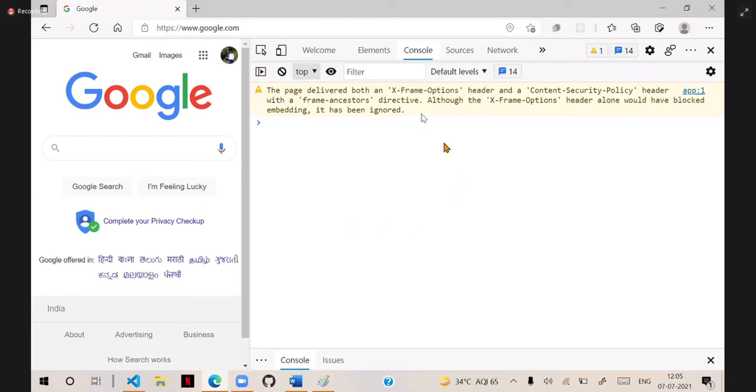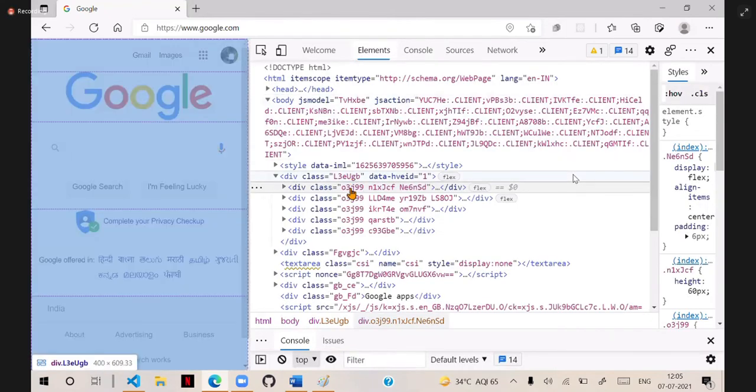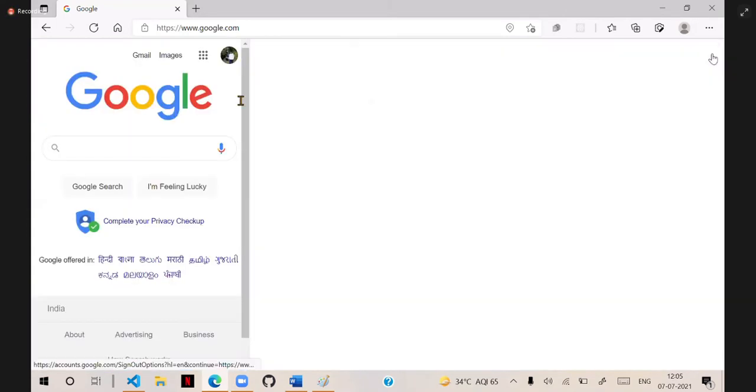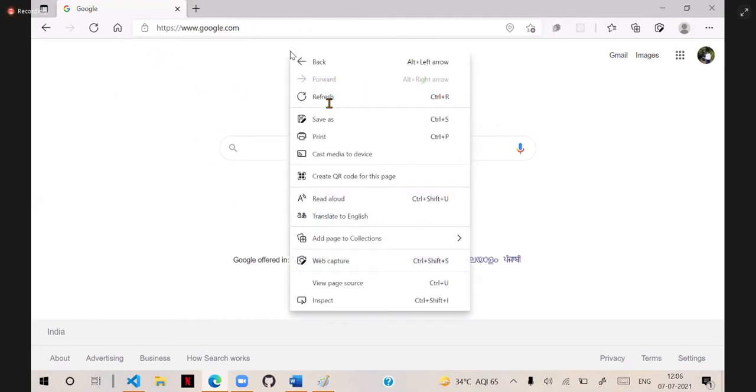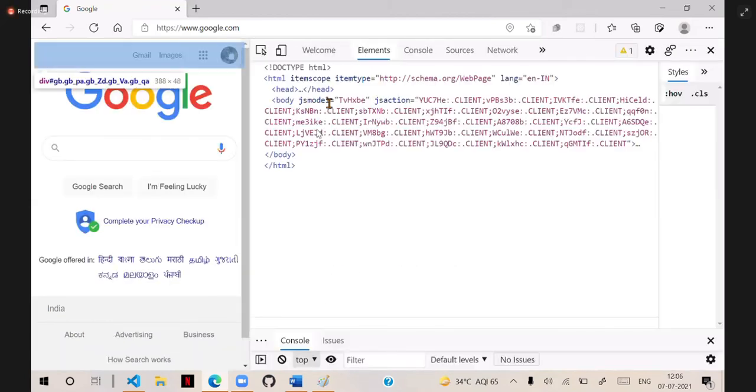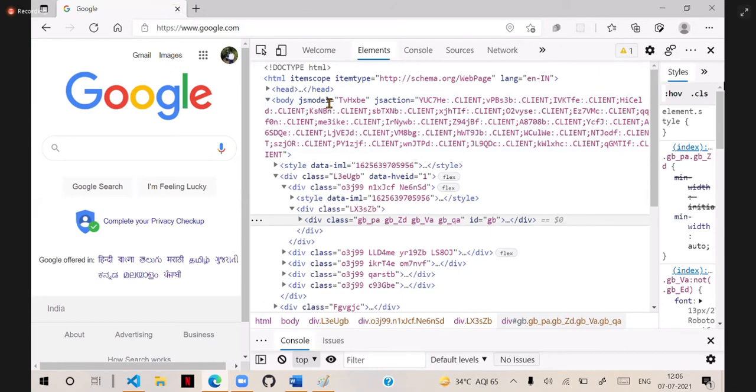I will tell you how to use this debugger. People also call it developer tools. Every browser has developer tools. You can open them with a right click, simply select inspect, and it will open the developer tools.